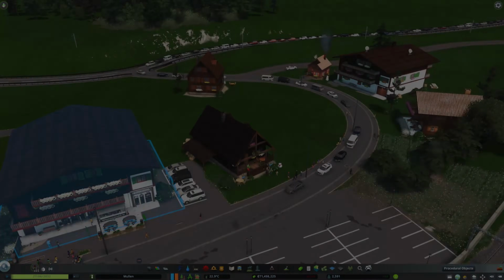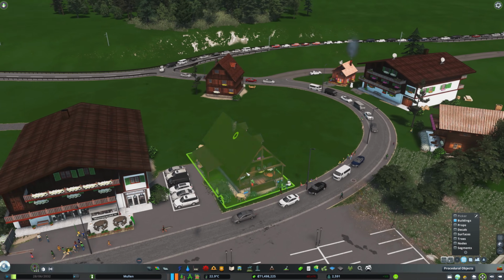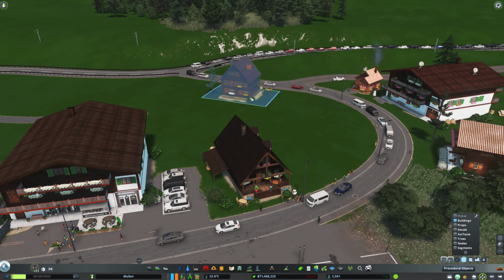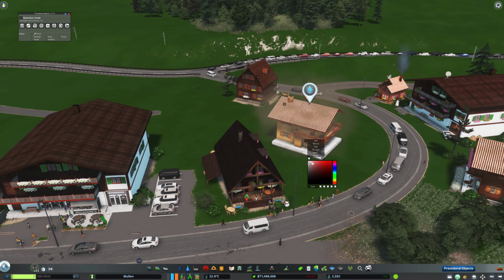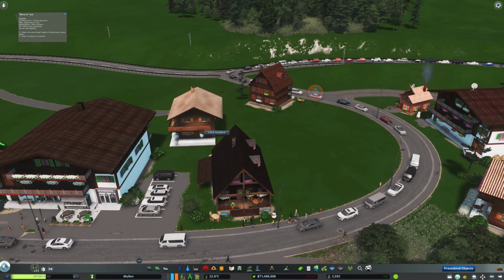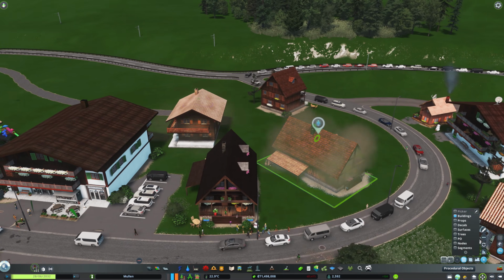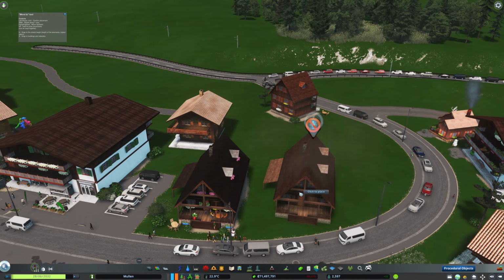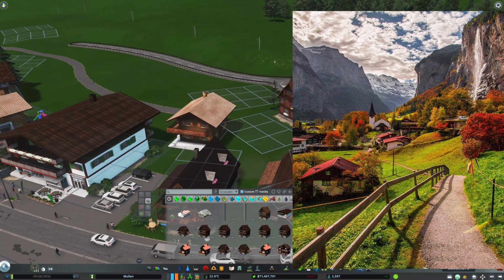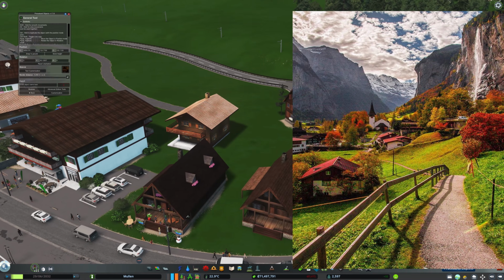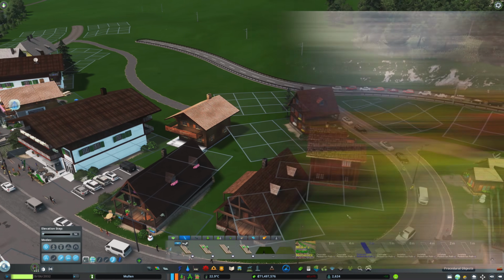A lot of these little Swiss villages are quite unique in the way that there's a lot of greenery and open space that creeps its way right up to the so-called main streets. It's these beautiful open grassy plains with these small pedestrian pathways that connect these buildings that I really want to